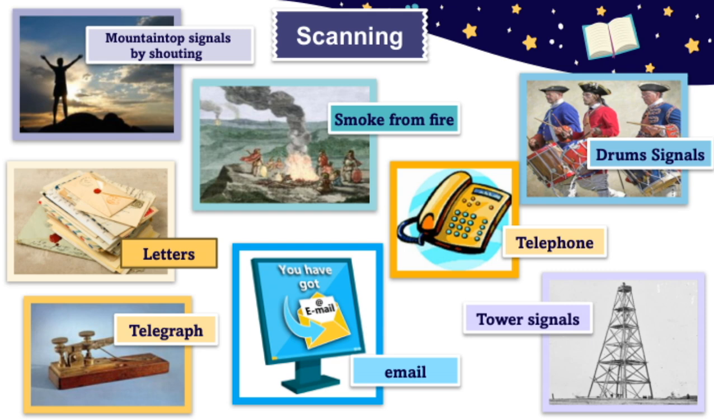Moving back in time a bit, the telegraph was a groundbreaking invention that used electrical signals to send messages across wires. Now, imagine signals sent from mountaintops by shouting, an ancient method relying on human voice and visibility. Tower signals, like semaphore, used flags or signals to convey messages visually over long distances. Drum signals are another fascinating example, using rhythmic sounds to transmit information, especially in jungle or tribal communities. Then we have smoke from fire, which historically served as a simple but effective visual signal, especially in rural or